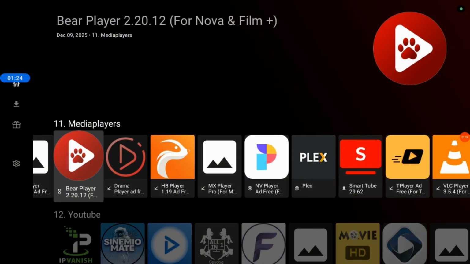Just be patient and wait for the download to commence. Depending on internet speed, this will take you from a couple of seconds to just a few minutes. And when it is downloaded, you are going to be able to install it. So you see an automatic prompt to install this app. Click on the install button and you have it straightly available in your app